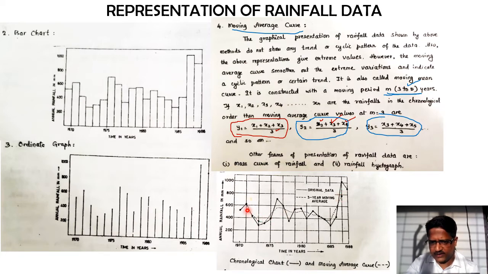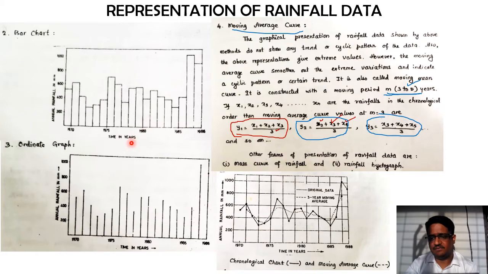So here I can check out how the variation is there. At what point the rainfall is more, in which years the rainfall trend is reducing, and in which year again it has been increasing. So I am going to get it with an average of 3 years. Okay, so it is going to give me a trend of that. So this is the basic moving average curve what we have.